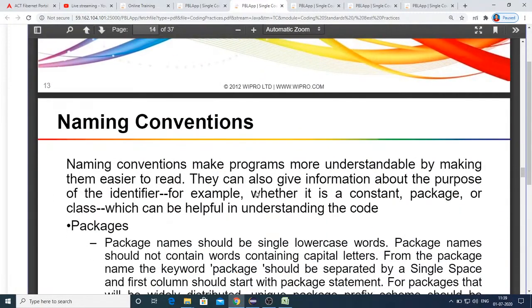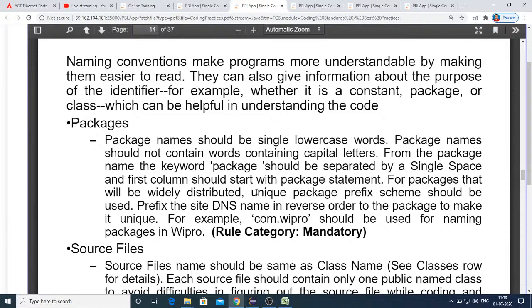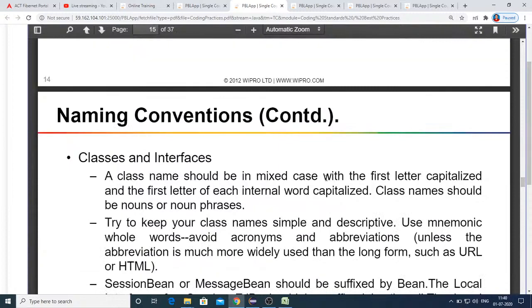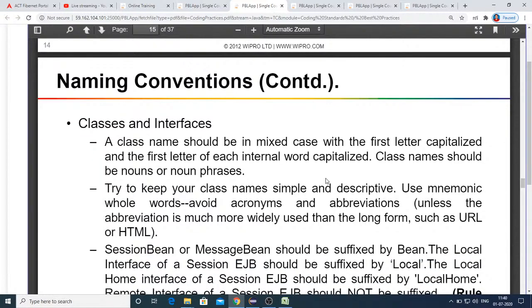And coming to naming conventions, I think you already know. Once again, just to reiterate, packages are all in small letters, and DNS names, here you can see the example. I have shown you by opening my CPC project how it will be. And next, the source files, this I also mentioned. There should be only one single public class inside a file, because every public class should be named in a separate file. That is the reason every file can contain any number of classes or interfaces, but only one single public class.